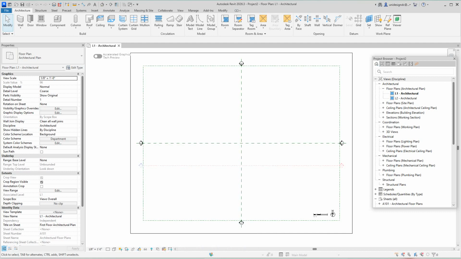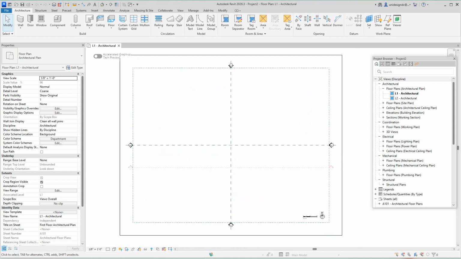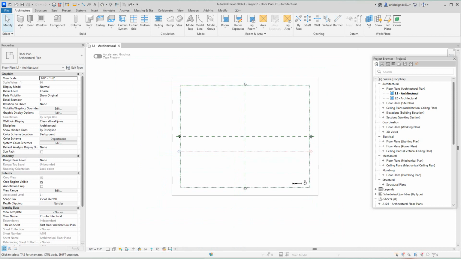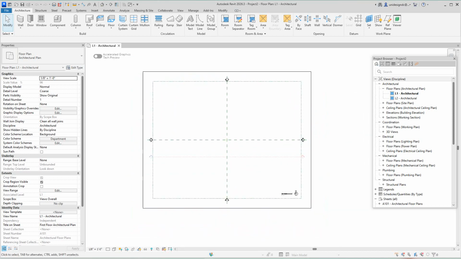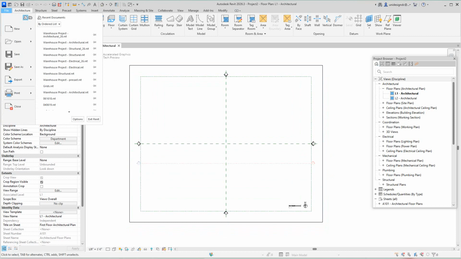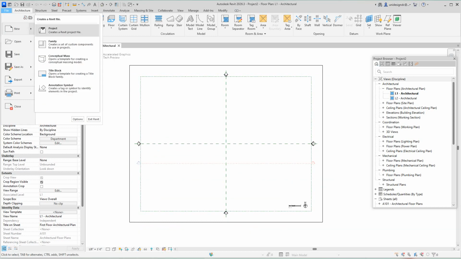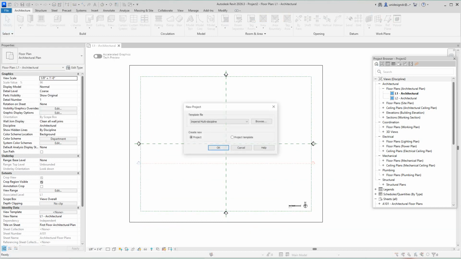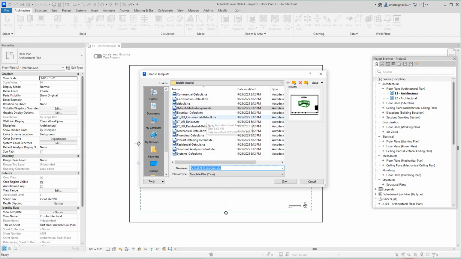Today we're going to look at a new project in 2026 and at this new template they introduced. I think it came out in earlier versions, but I've never seen it before. This is my first time using it. It's called the multi-discipline template. If you go to your new folder and go to project, you'll see Imperial Multidiscipline. They also have a metric multidiscipline. And then you can browse over here, and here's our other